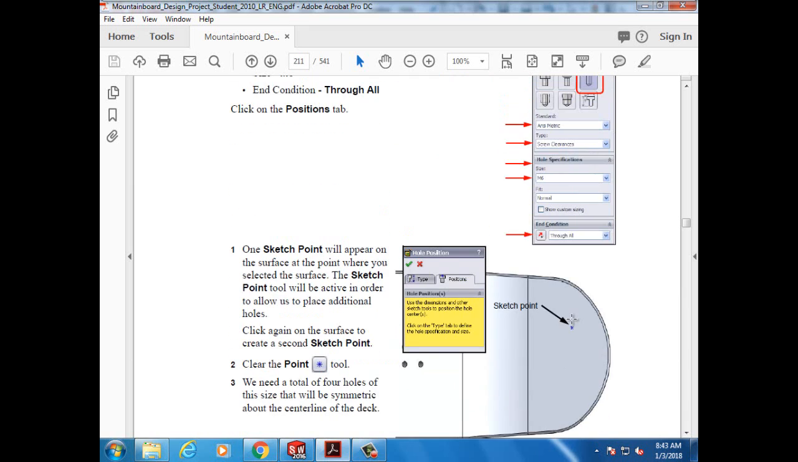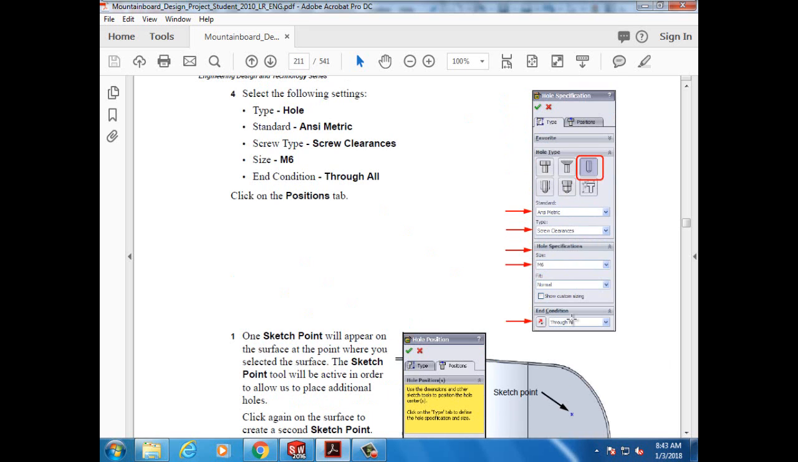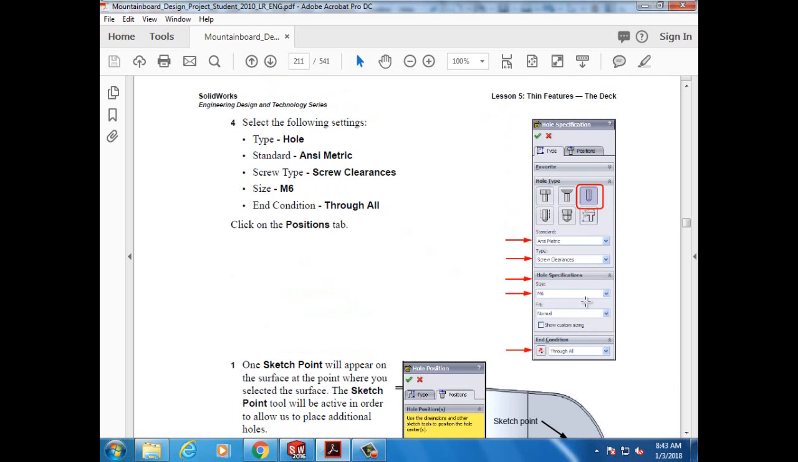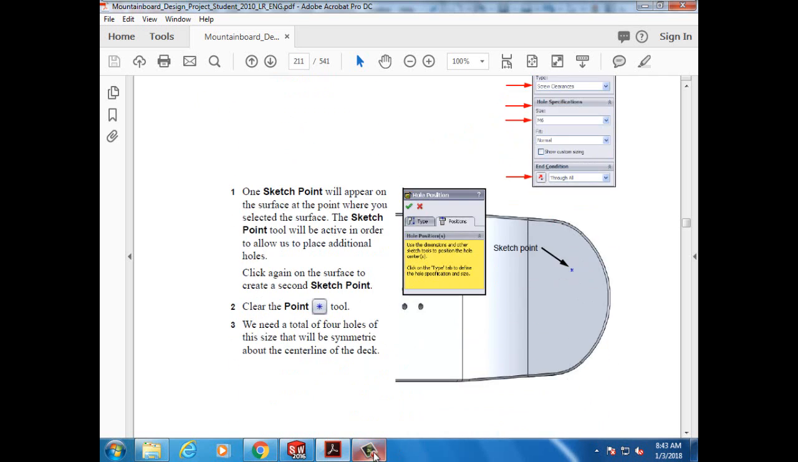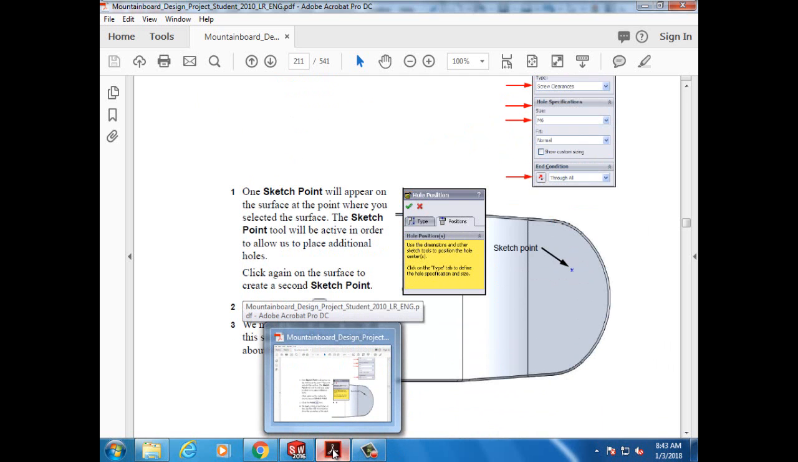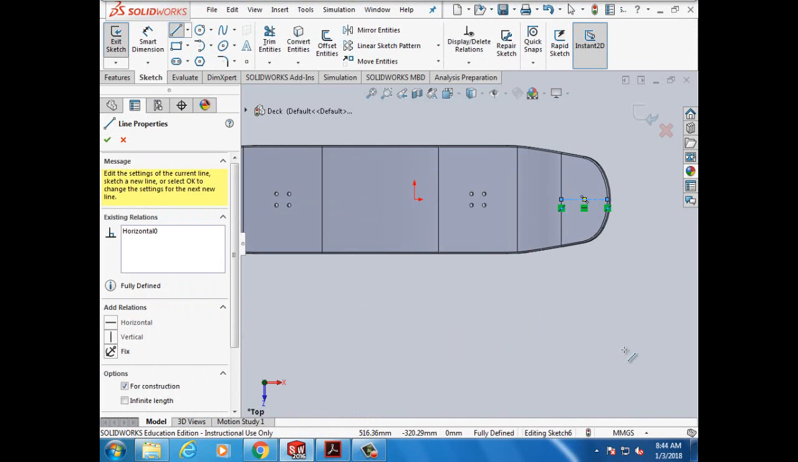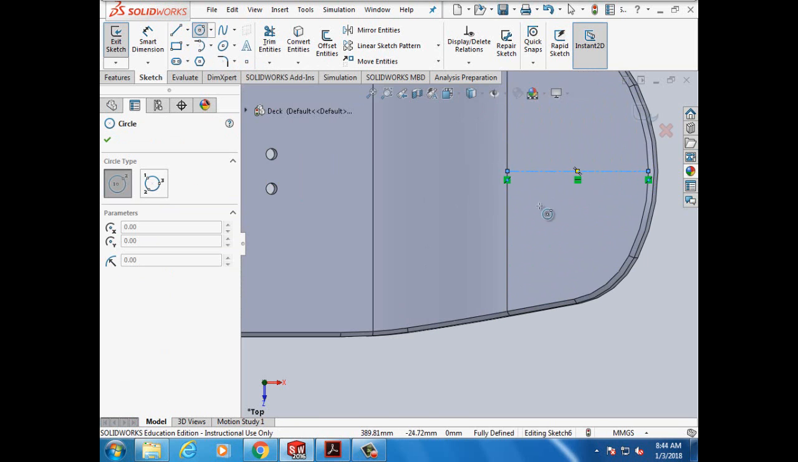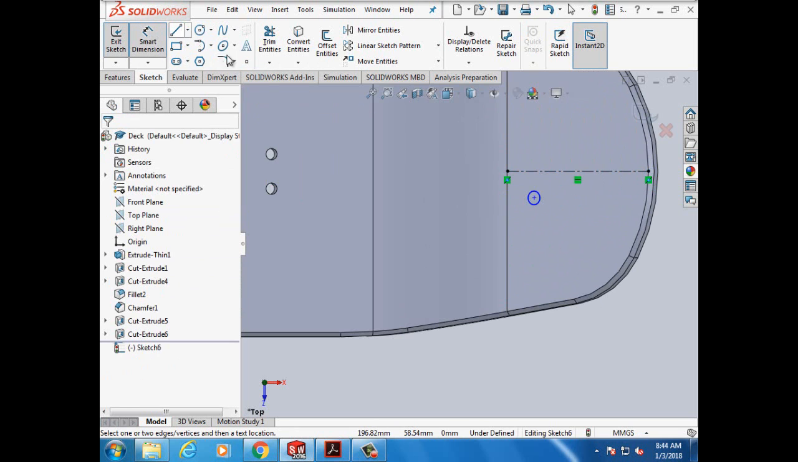So we're using M6 metric, which means we have 6 millimeter holes. So why don't we just do that, the easier of the ways. We have one circle. We zoom in here and we basically draw a circle. We smart dimension that